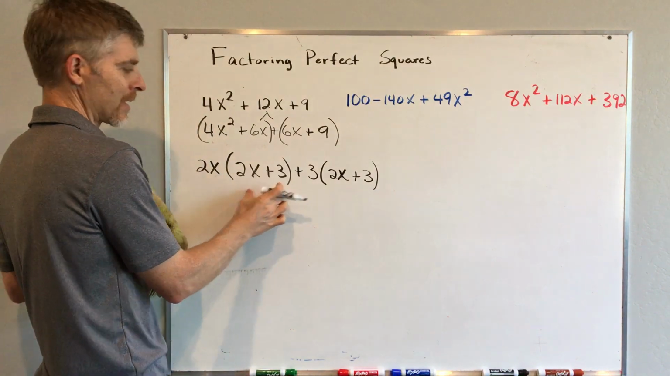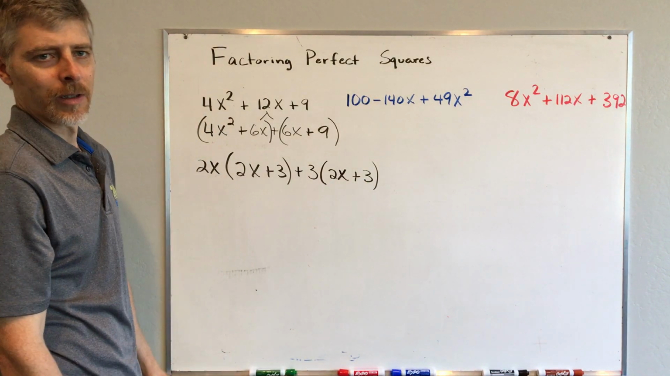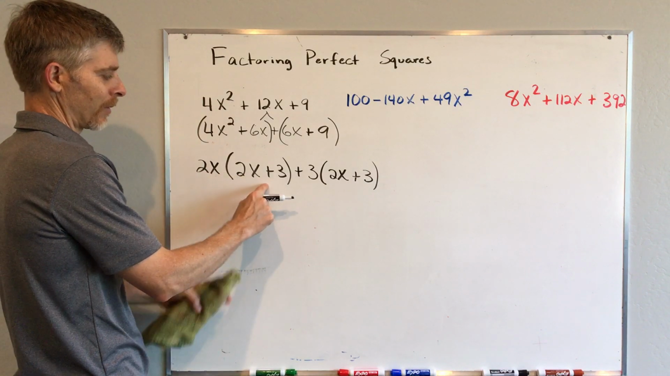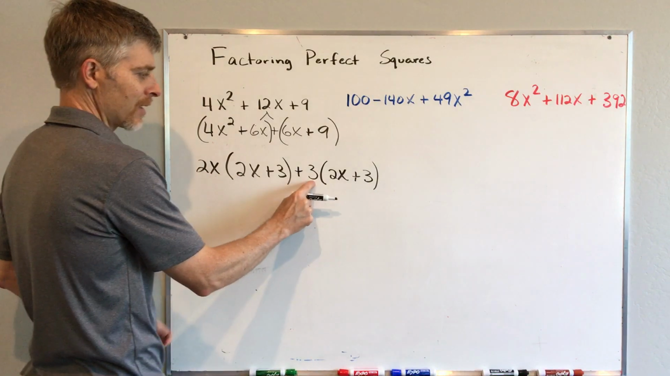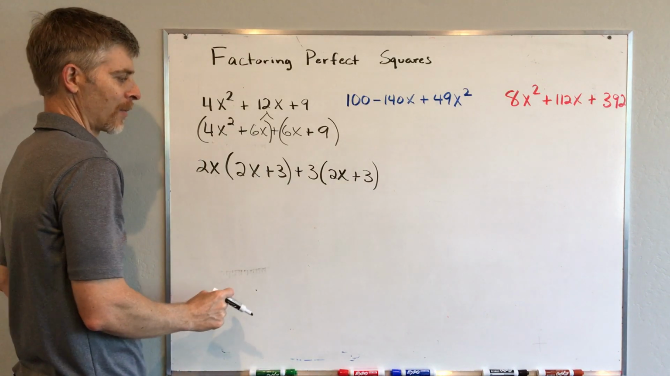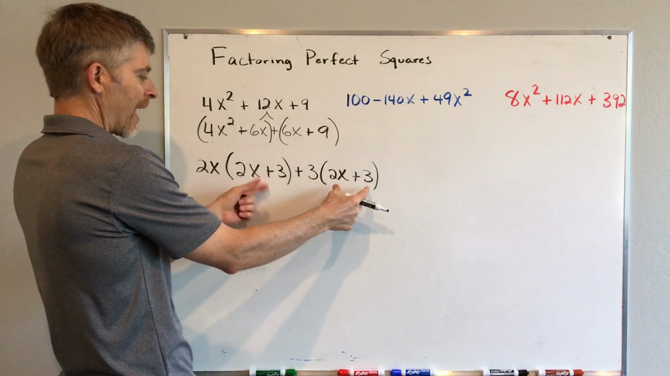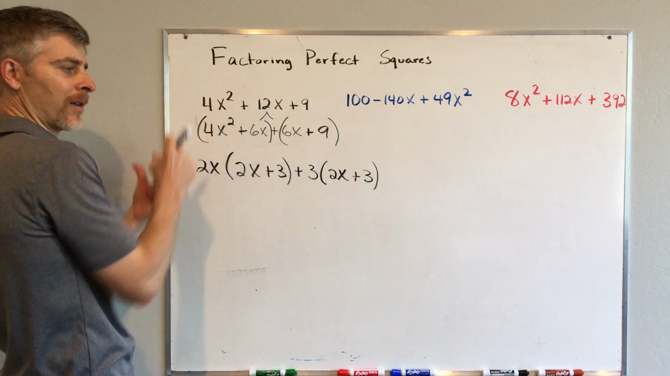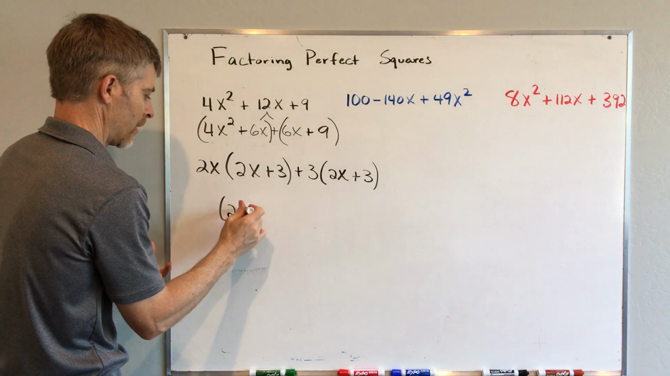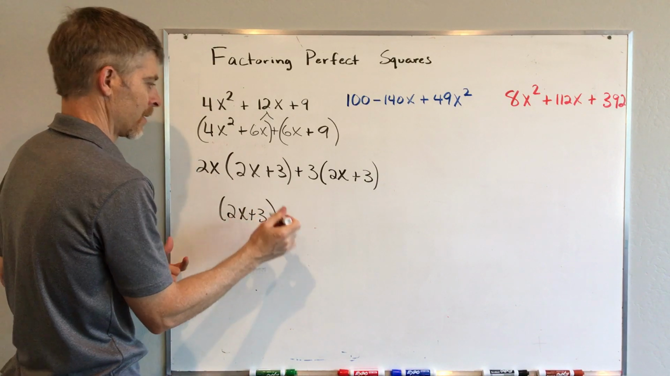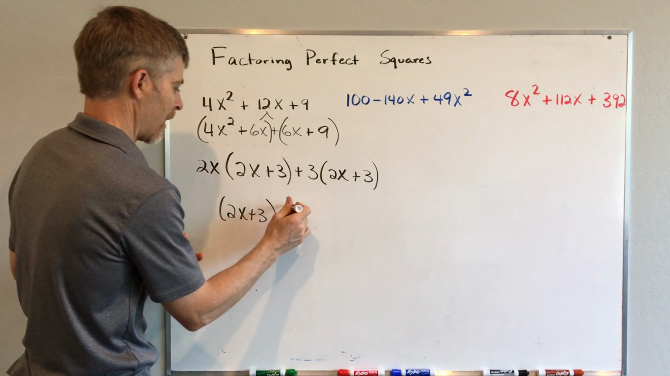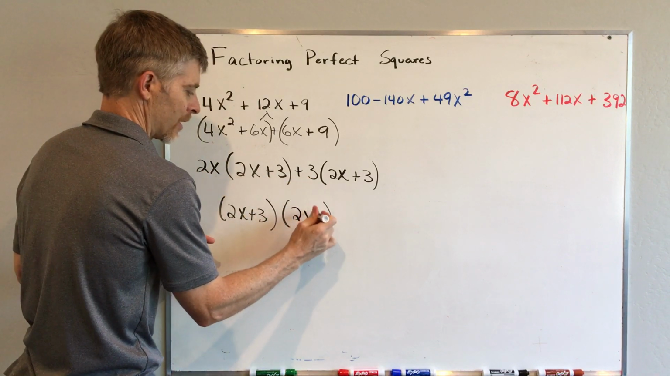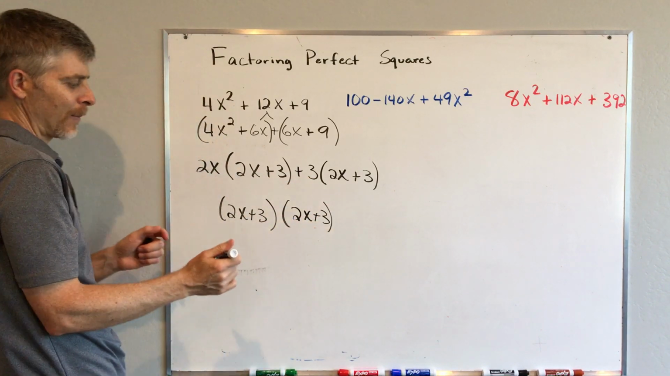And notice I get exactly the same binomial here. So this is being multiplied with this, and this is being multiplied by this. So they have this factor in common. So we can factor out the 2x plus 3. And over here, I'm left with 2x plus 3. That's a confusing step for a lot of people, but